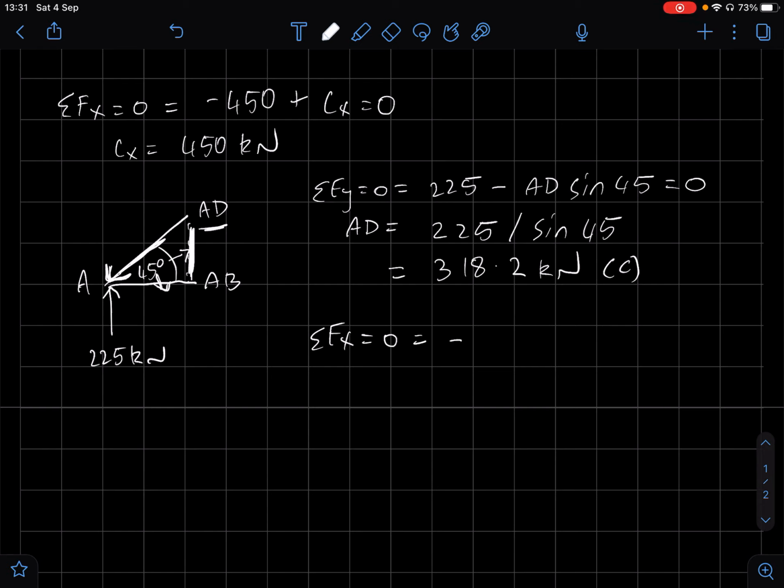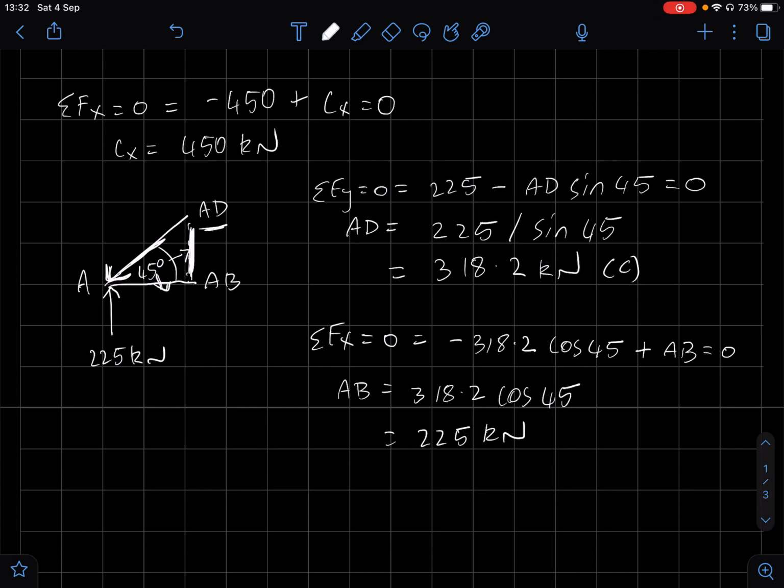So that's going to be negative 318.2 cos 45 plus AB. So that just leaves us with AB equals 318.2 cos 45, and that comes to